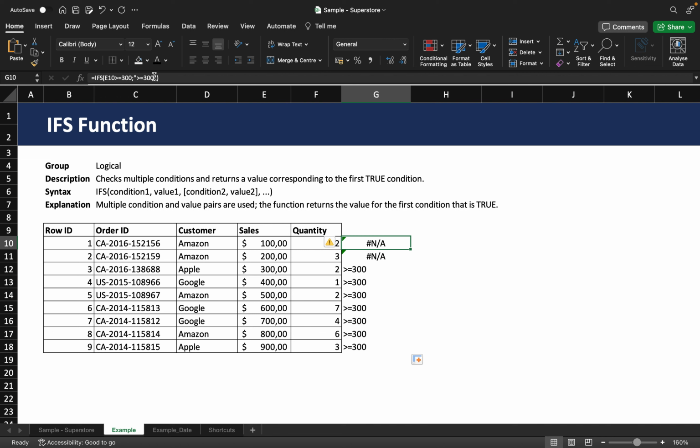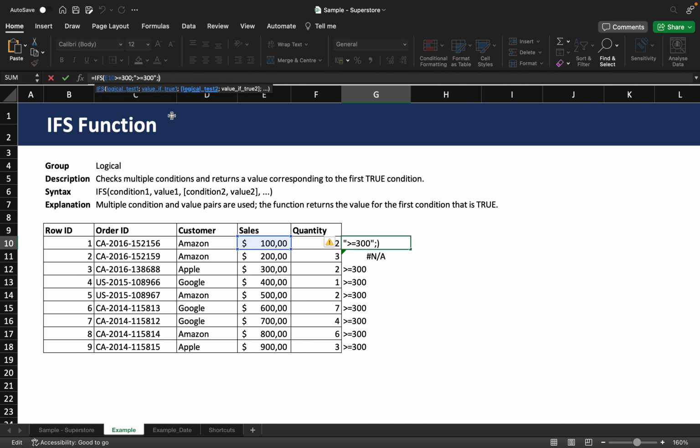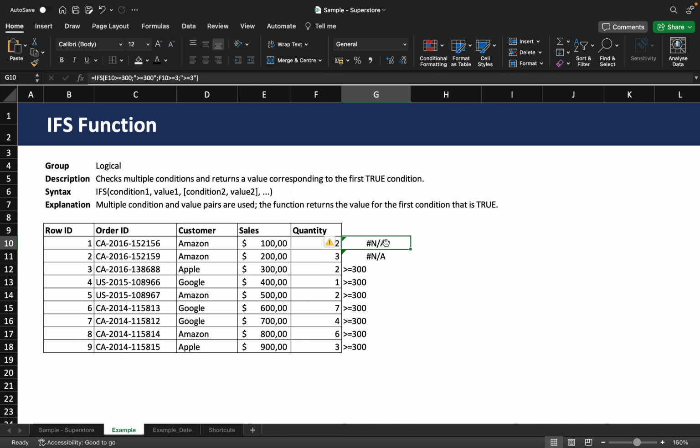We can also insert another condition. Let's say we also want to test if the quantity is greater or equal 3. And if it is, then please give me, to make it simple, "greater or equal 3". I hit enter. Here I will get another error message because none of the conditions inside this formula is true. So neither sales is greater than 300 nor quantity is greater or equal 3. And if I drag this down,